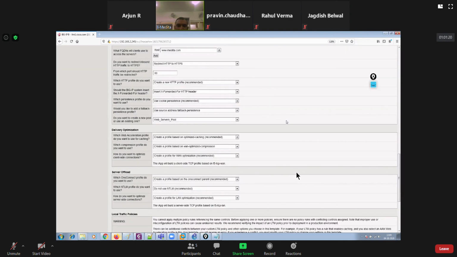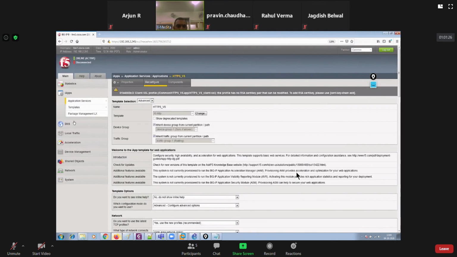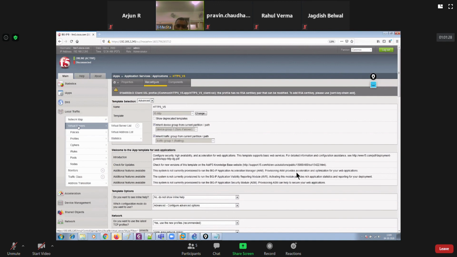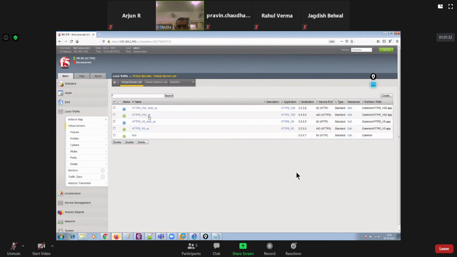Fine, let it be. And let me go back to my virtual servers where we can verify if it was applied. So HTTP virtual server, and then we can go to the resources.